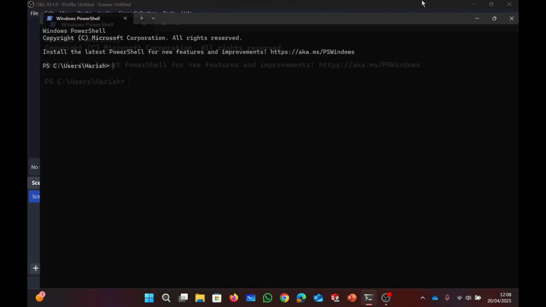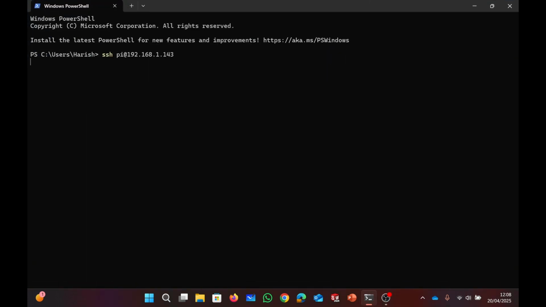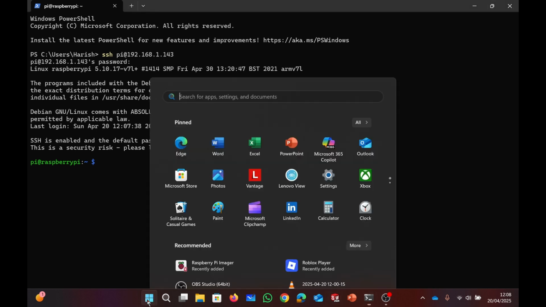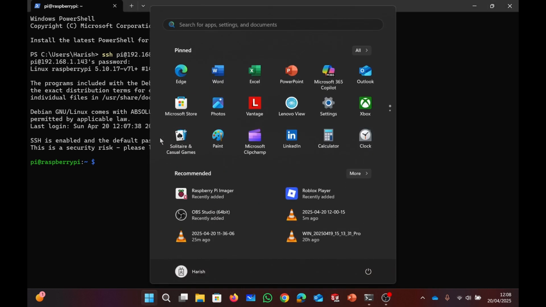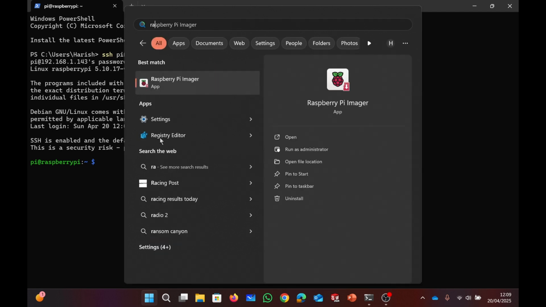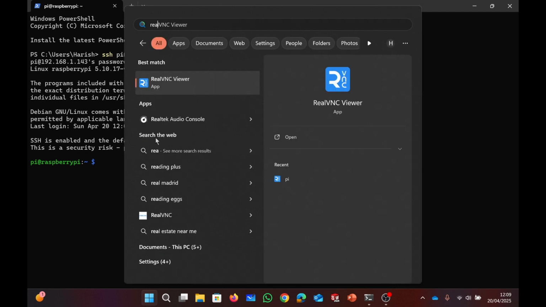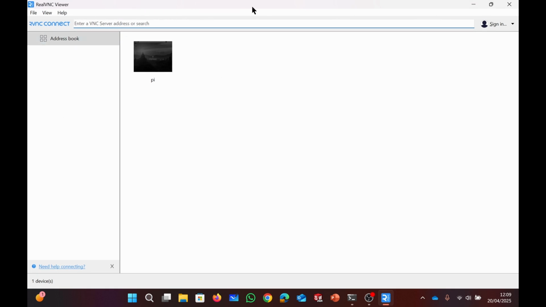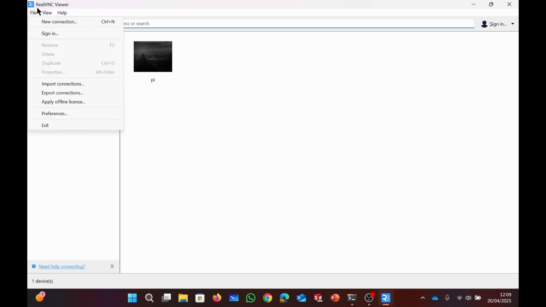For the terminal, I accidentally closed it, so it's the same as before. Okay, and now let's go to VNC Viewer, or RealVNC, you can call it RealVNC. Okay, so this is how VNC Viewer looks. So if you want to use it, just type